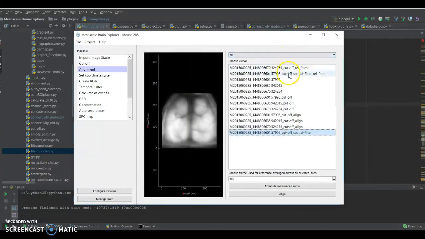filtered. So now if we selected this spatially filtered data as the reference frame and then selected all of the cutoffs, we would be aligning to something that's been spatially filtered. However,